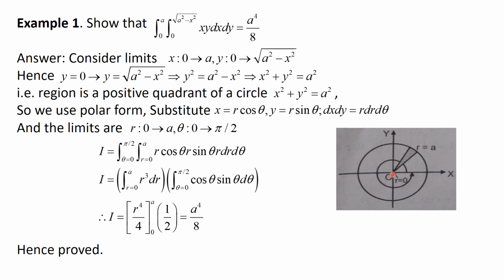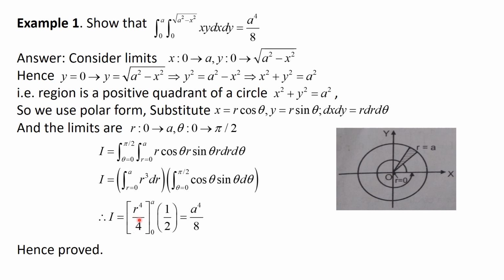So r varies from 0 to the radius of the circle, that is a, and over the first quadrant, theta varies from 0 to pi by 2. Simplifying the result, since all the terms are in product form, we can separate out the integrals: the integral of r cube dr, where r varies from 0 to a, and the integral of cos theta sin theta with respect to theta, where theta varies from 0 to pi by 2,